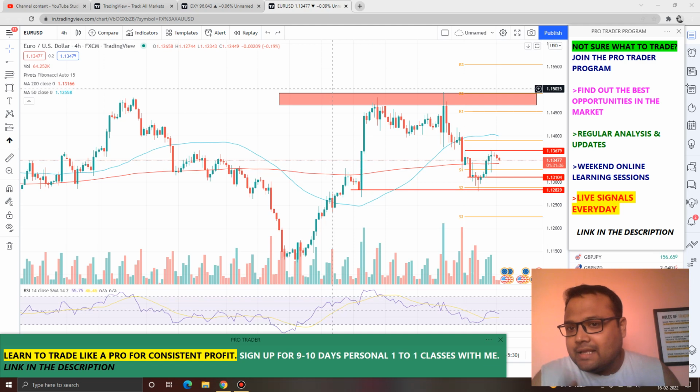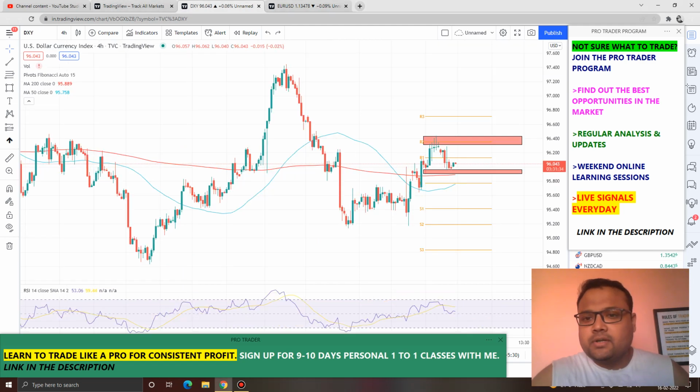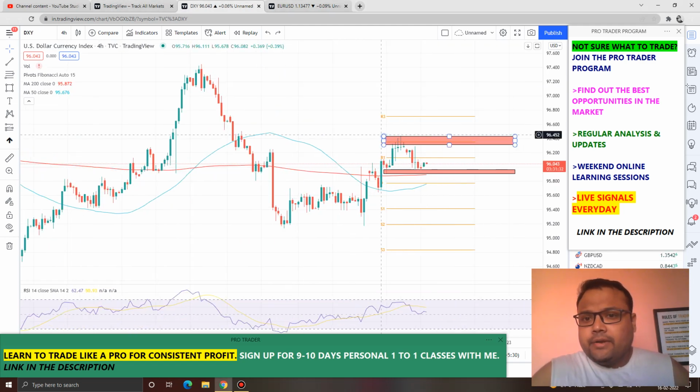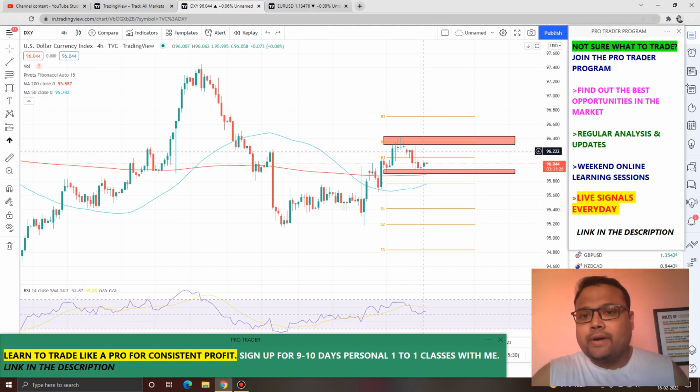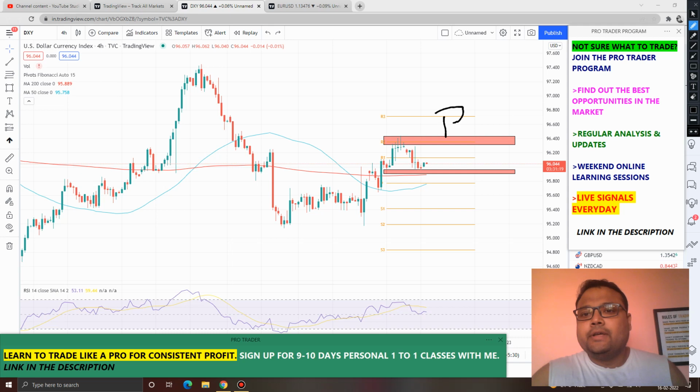Anyways, let's look at the chart of DXY first. Right now you can see that DXY is trading in a range here. 96 on the downside is acting as support, whereas 96.40 to 96.50 is acting as resistance. Right now we do not see much volatility or movement on the chart of DXY, but keep in mind overall,